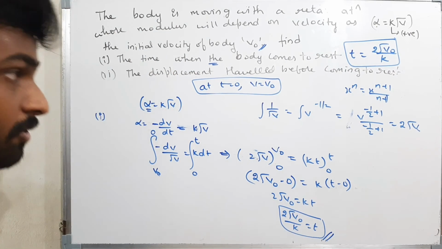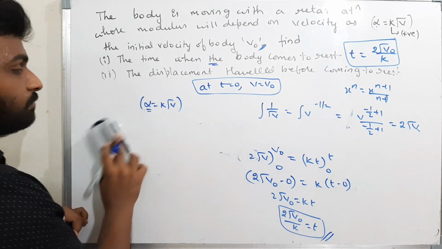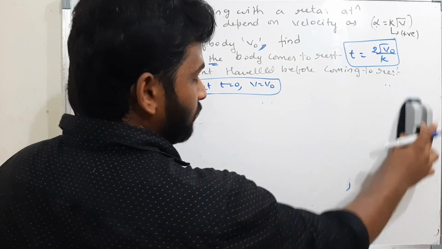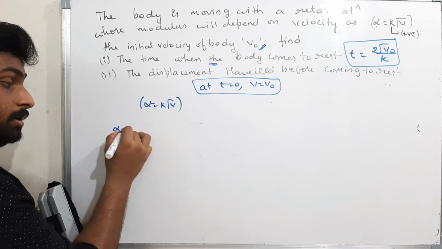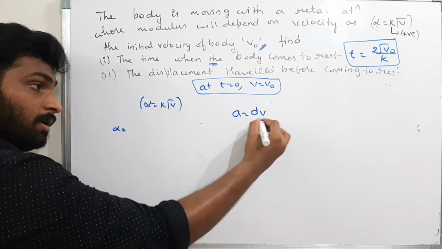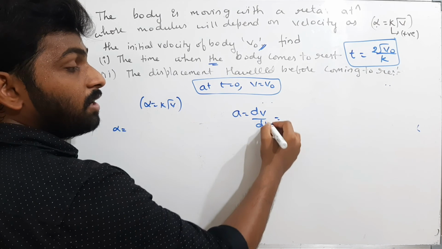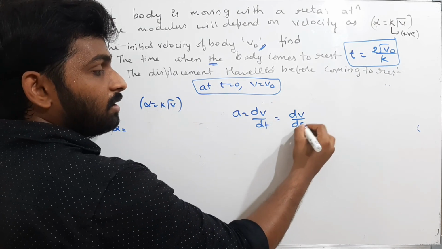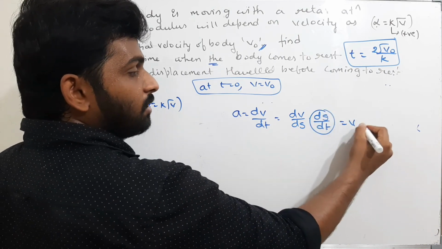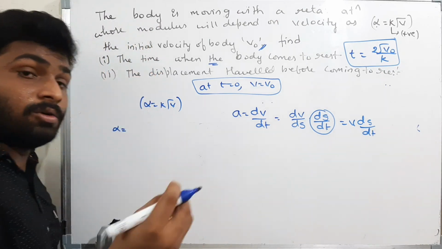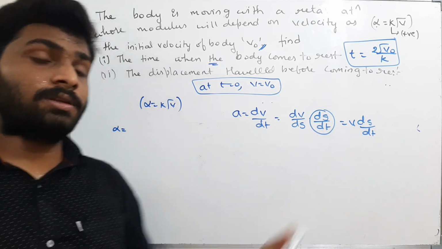The displacement travel. That means I have to find the relation between the S and V naught. Now to find the relation between S and V naught, what I have to do? Think. They gave me this equation. I want to find the relation between S and V naught. Alpha acceleration is equal to dV by dt. If they told to find the relation in terms of displacement, then I have to convert this dV by dt in the form of dV by ds into ds by dt. Therefore, what is this? ds by dt, velocity. Therefore, v into ds by dt. If they told to find the relation between displacement and velocity, then I have to convert the acceleration into this form.